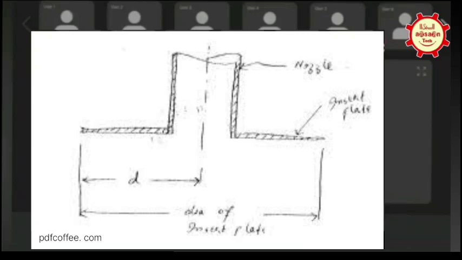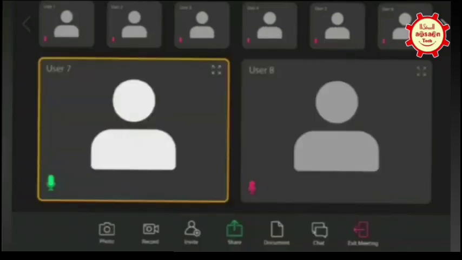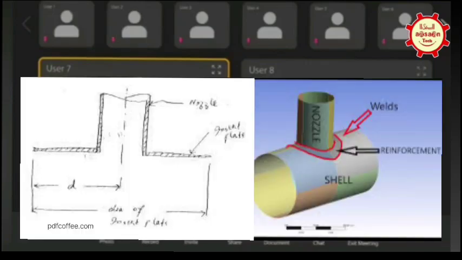Around 8 mm. Usually the insert plate thickness will be double, so you can put a thickness of 16 mm insert plate locally. So with these things you generally get... So insert plate, you mean to say I have to provide a reinforcement pad to the nozzle? Yeah, it's similar to a reinforcement pad, but it's only thicker on that portion.